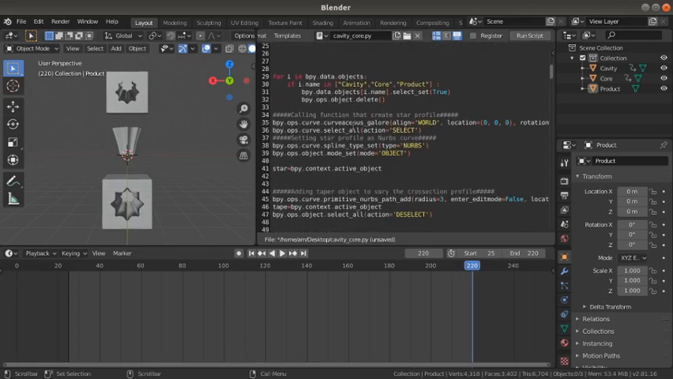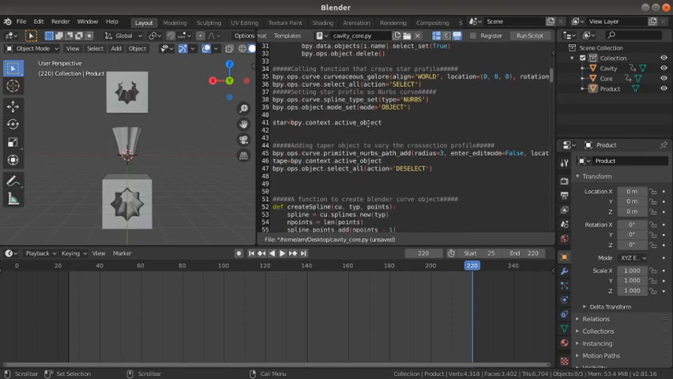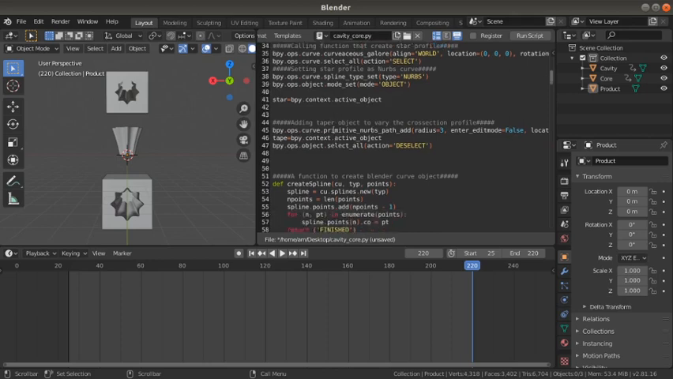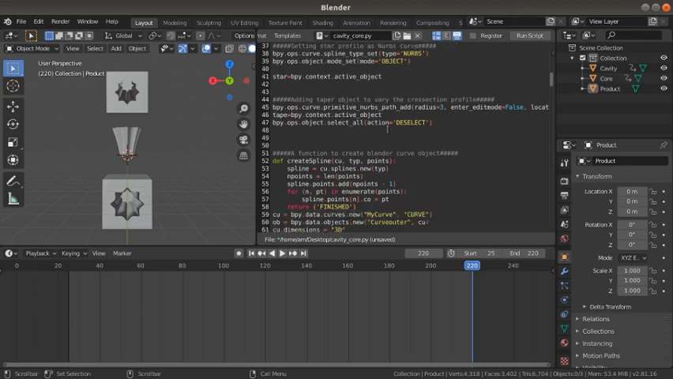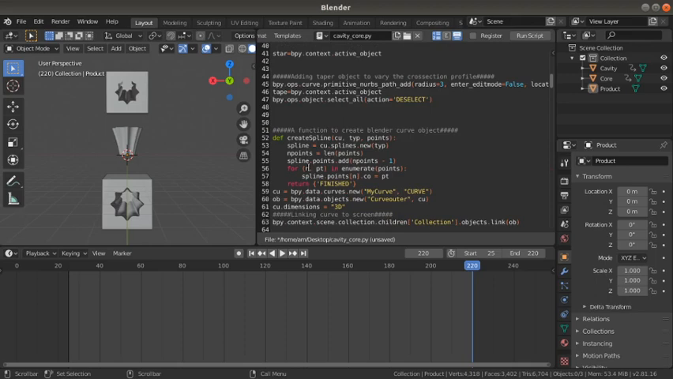First I will create a cross-sectional profile. It's a star-shaped cross-sectional profile, and it will act as a bevel object for the curve. Along this line we will create a taper object. This is a NURBS curve that will act as the taper object. This is the function that we will use to create the curve object,